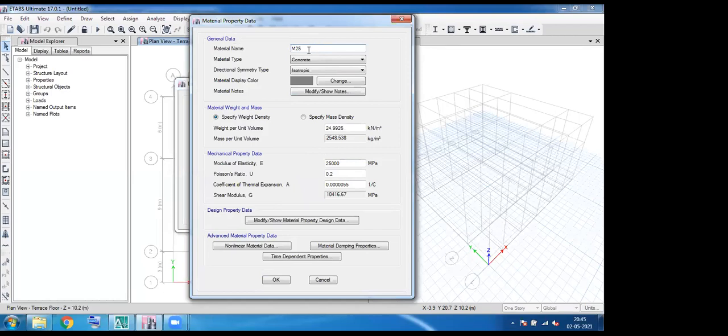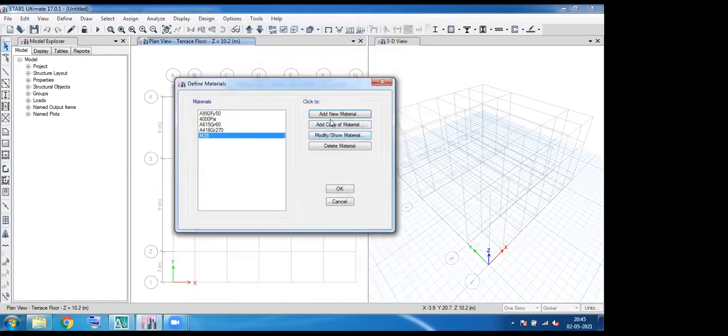If you have any experimental data for the grade of concrete, from your testing with the compression test of a cube or a cylinder, you can input the data right over here. Otherwise, simply click OK as it is.